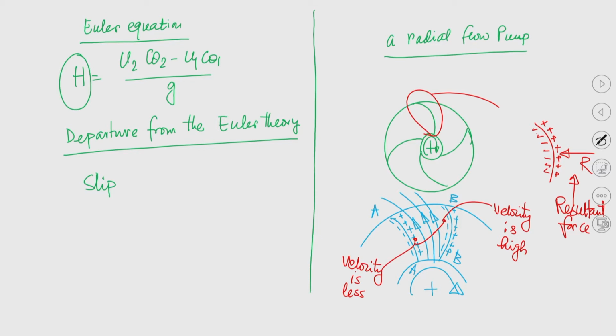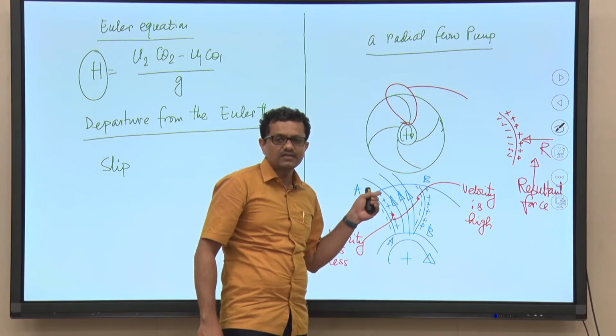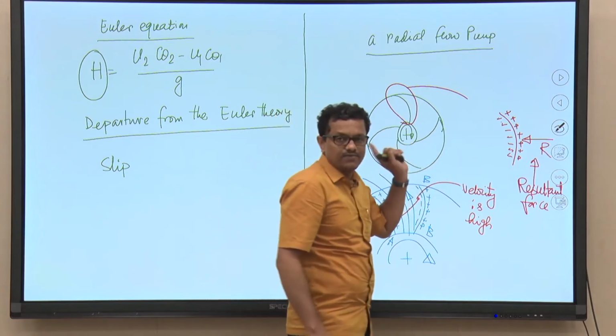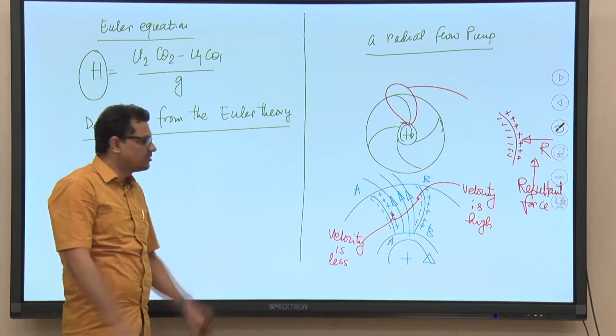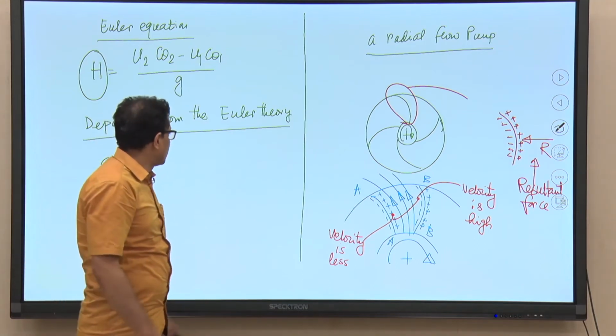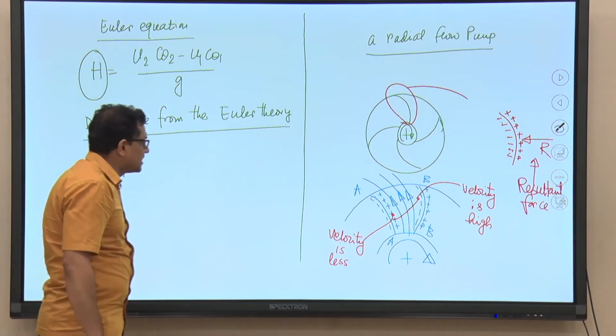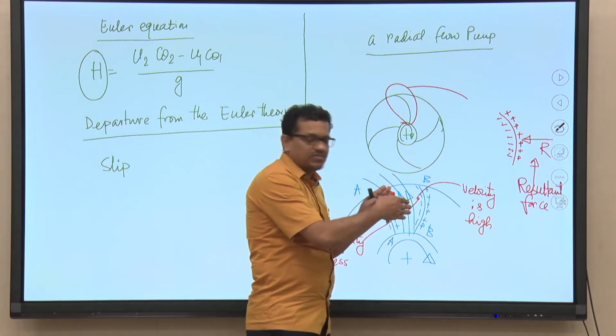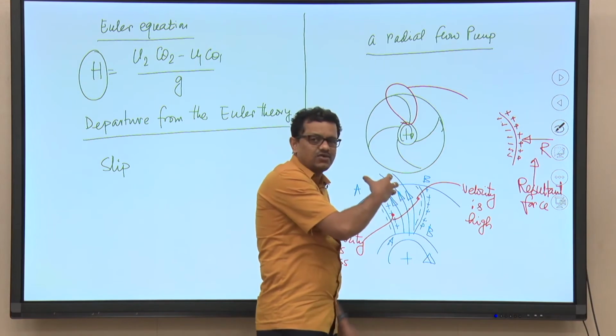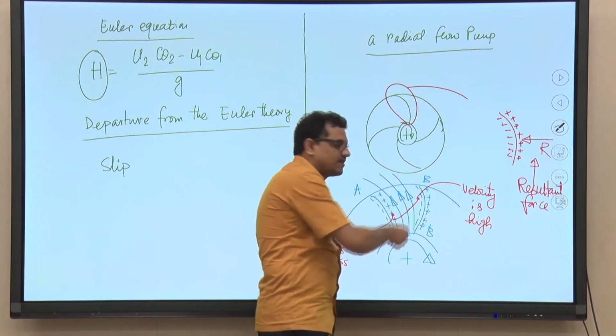So, we can see that from a low velocity to high velocity, that velocity gradient is there in this flow passage, and that is only because of this resultant force, and that is what we have seen in the last class due to the geometrical structure of the blade. So, we will be discussing the consequence of the existence of the velocity gradient